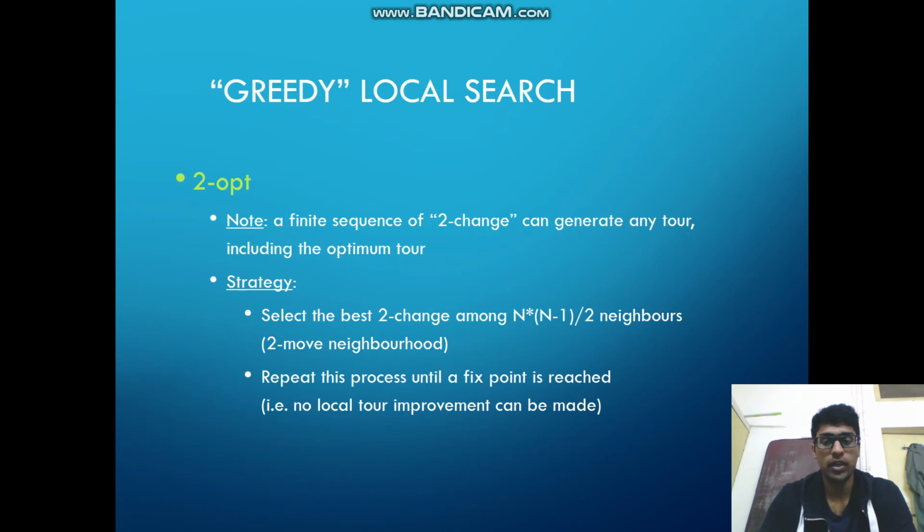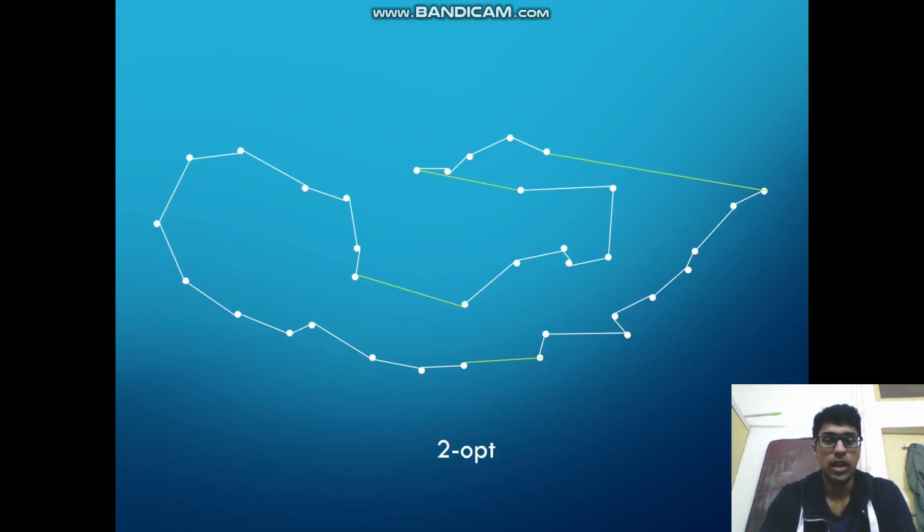So the best we can do is apply this two-change until we get to the state with the minimum distance, that is, the state where if we do any other two-change, the distance will only increase. By this strategy we'll actually not be able to find the optimal tour, because let's say